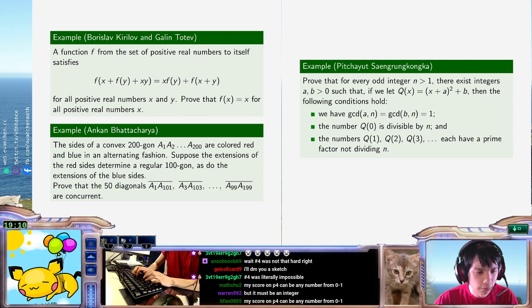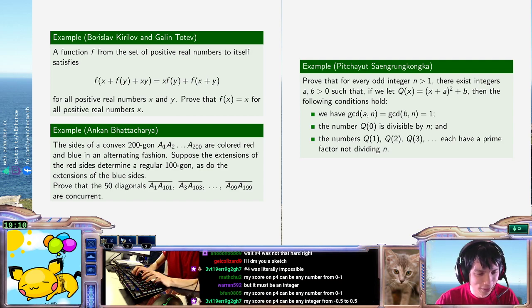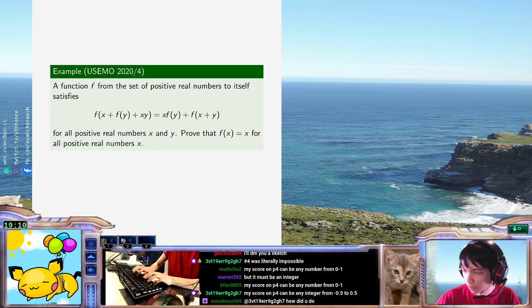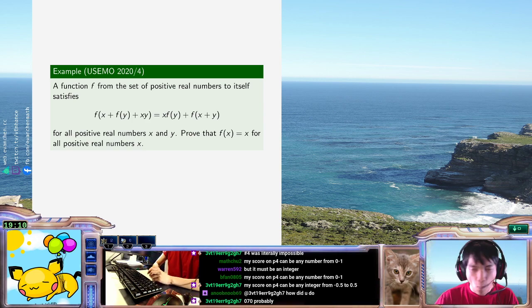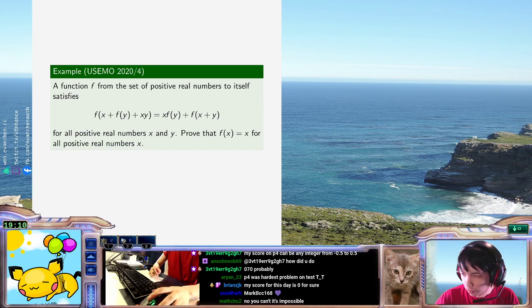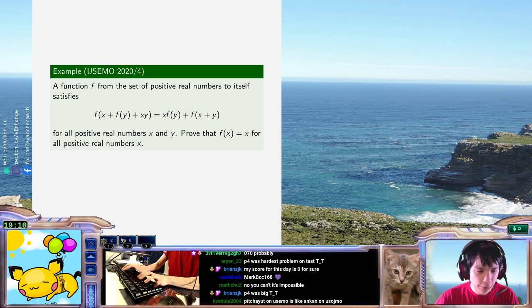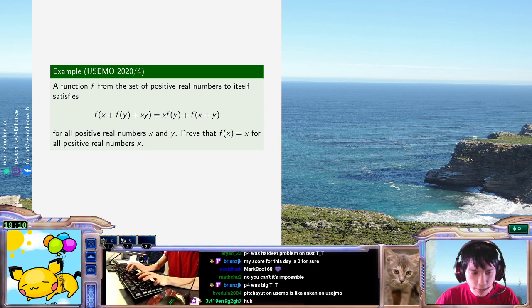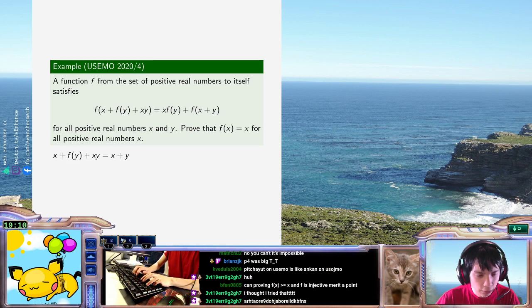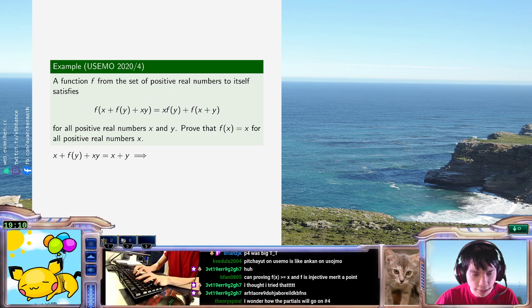And let's show. Okay, let's do problem 4. Alright. Okay, so the first thing I'm gonna do is try to do a cancellation trick, which is that I want to get this guy to equal this guy. So what happens if I try to do that? x plus f(y) plus xy equals x plus y. This equation has a solution if f(y) equals 1 minus xy.